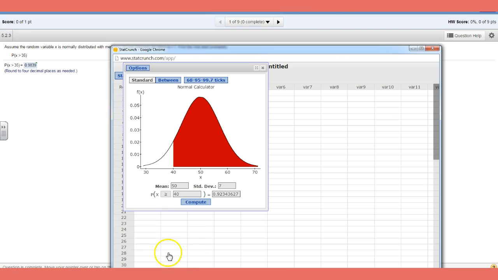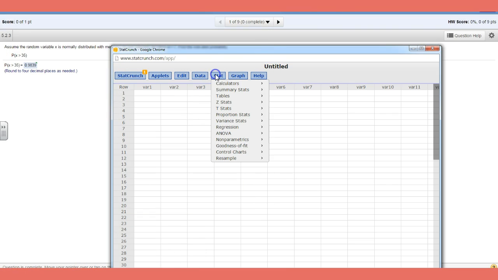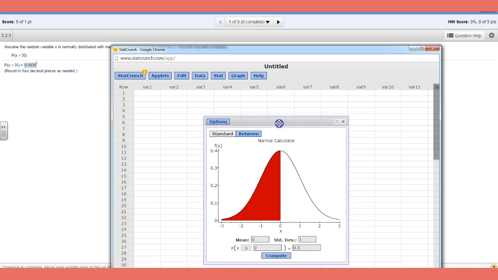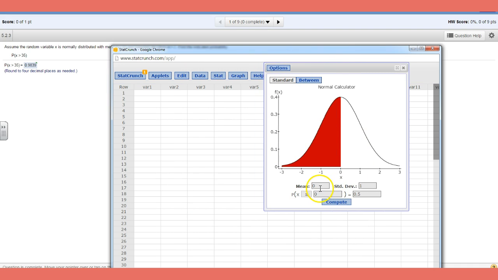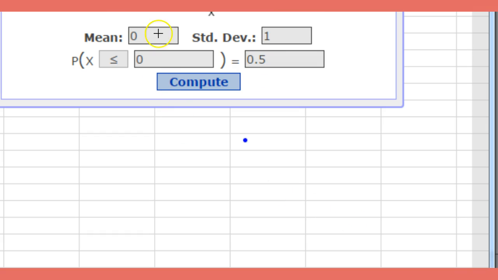And it's open right here. Let's see. I go to Stats, Calculators, because it's a normal curve, I click on Normal, and you have to look at it that this is a standard normal curve with mean 0 and standard deviation 1. So the mean is 0 and standard deviation is 1. So what you need to do is go ahead and change this first